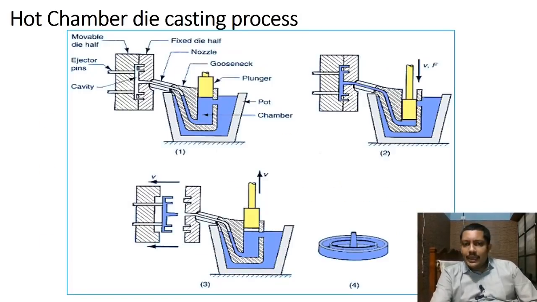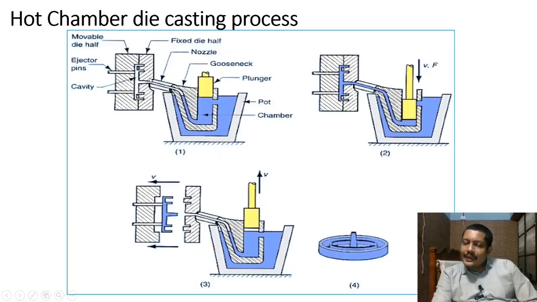So as is shown over here, you can see this is the furnace chamber. Here it says the metal is being melted. So all these areas are filled with liquid, and you can see it is connected through a small neck into your die cavity. And you can see the neck resembles the neck of a goose. So this neck area is called the gooseneck. So through the gooseneck, when you operate the plunger down, the liquid metal in this chamber will be flowing through this gooseneck into the mold cavity, and this cavity will be filled.